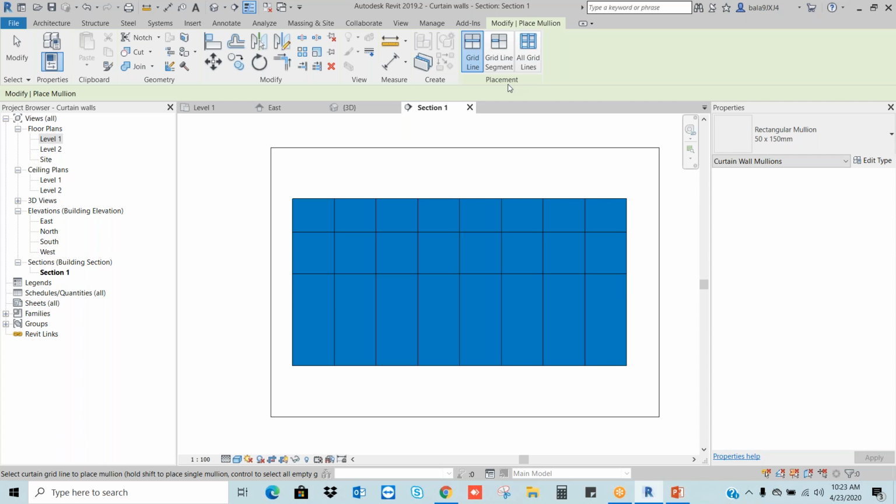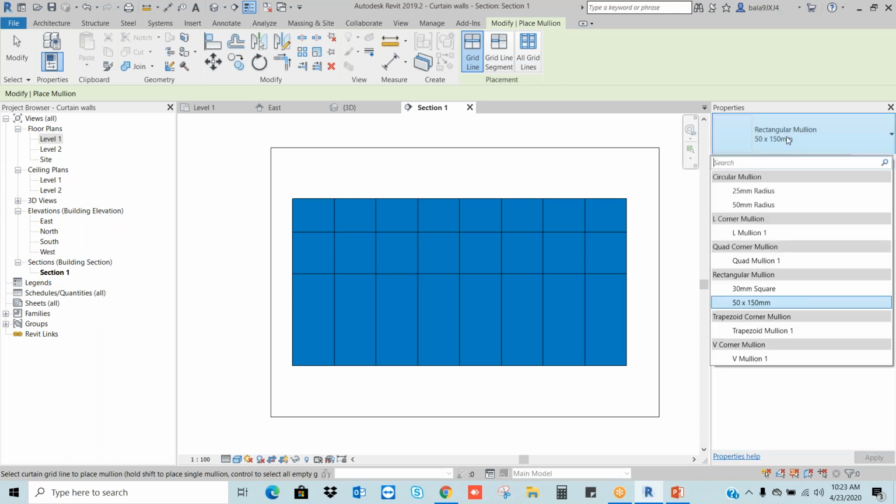If you click one command, it will suggest. We just need to observe our menu. Okay. Let's say now here I have the grid lines and all grids. If I select the grid line, I can place the mullion one by one. Say now I want to place a rectangular mullion, 50 by 150 mm.